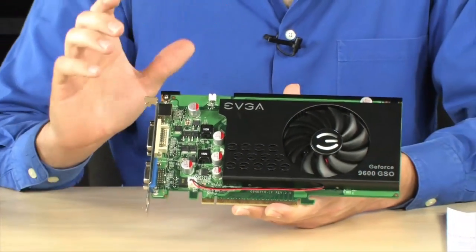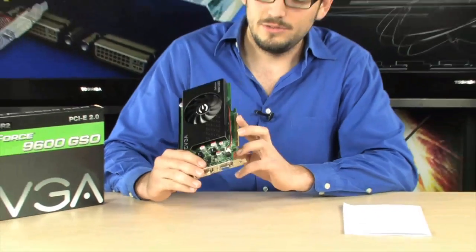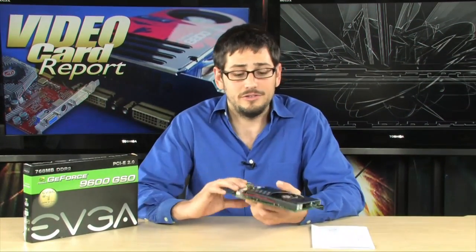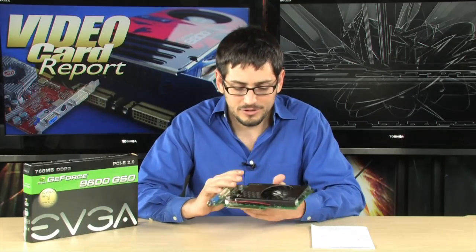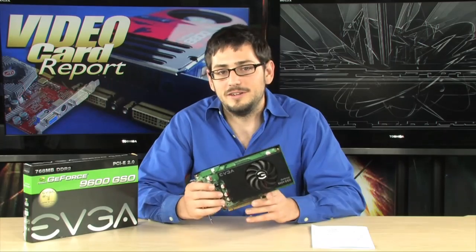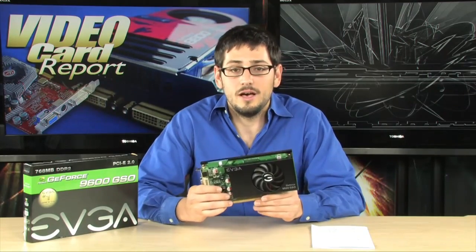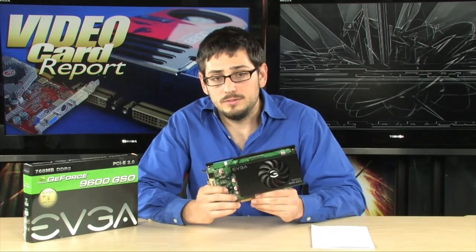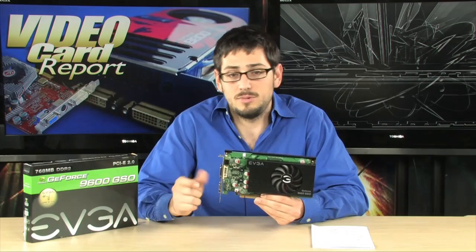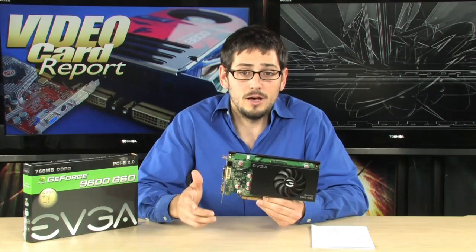Now, finally, one last thing that you want to know about this thing is that it doesn't require a PCI Express plug-in at all. So it's one of the few cards that does that. When I first got it, I wanted to show where it was, and I started looking for it, and I couldn't find it. So I looked it up on the internet, and I was like, oh, wow, it's right, it doesn't. So if you don't have a video card right now and you want to upgrade to a graphics card, but you don't have the extra connector, 6-pin PCI Express or an 8-pin PCI Express on your PSU,